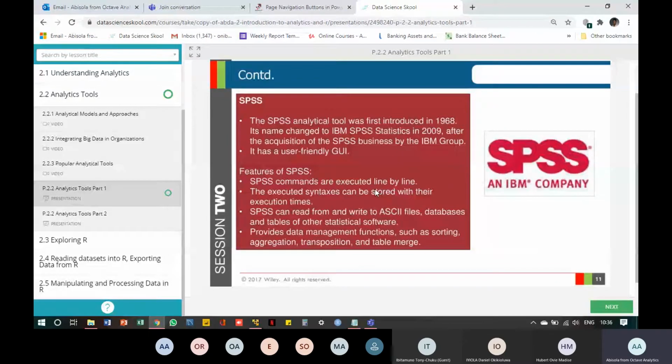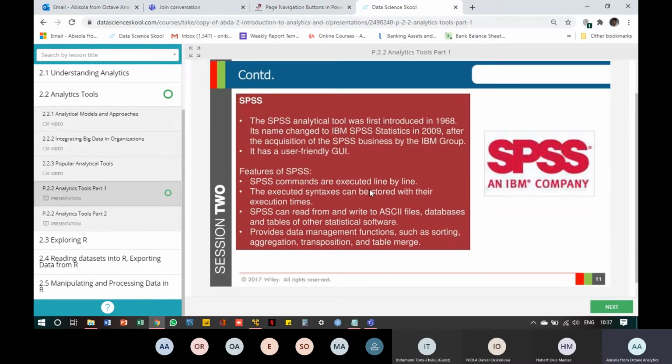And then it's available on several environments. You can get it on Windows, Mac, and so on. And you can also integrate R functions into SPSS. And you can also perform data management functions on it, aggregating data, sorting data, and so on and so forth. So those are the features of IBM SPSS.